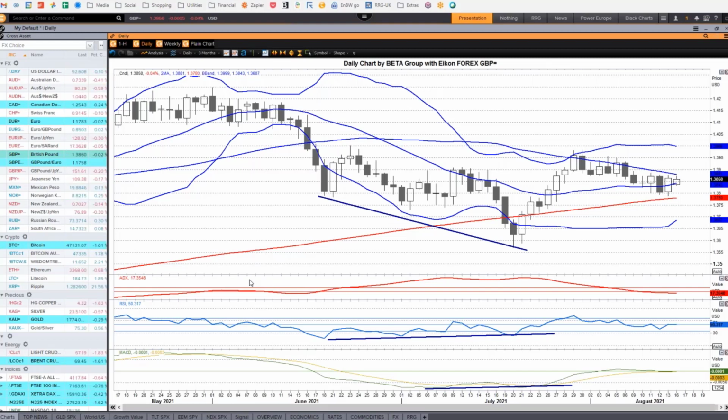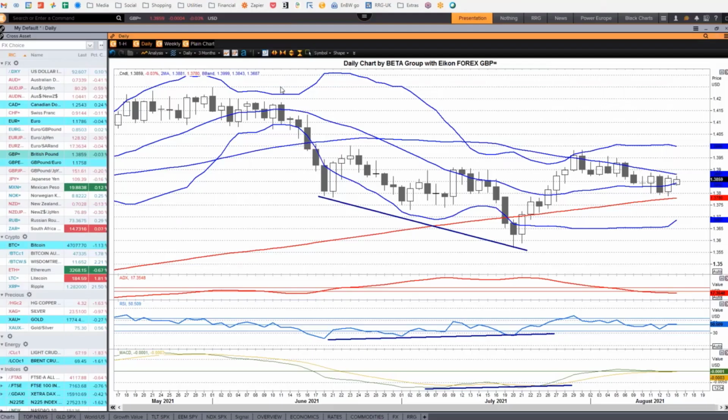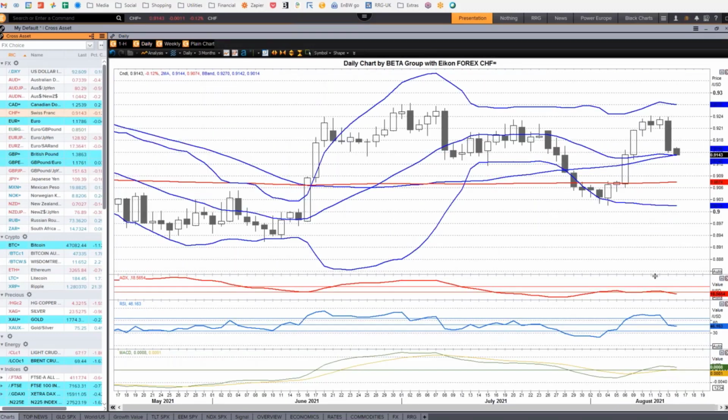Okay, that's okay. Now, in the RRG chart, we saw this Swiss franc here heading strongly southwest. That's still overperforming, but heading southwest, weakening relative to the US dollar. So let's have a look at that. And so weakening against the US dollar would be that this chart would be rising. That would be the dollar